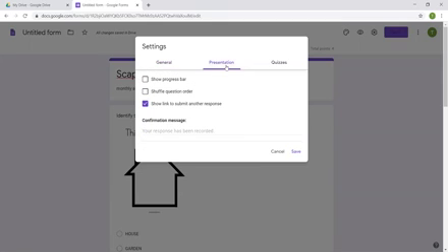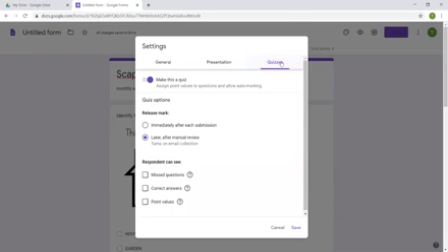Next comes the presentation, how the form should look. So this is the thing. You can show the link to submit another response, and you can shuffle question order for every form and for every parent, like if the first question is different for one parent and a different question comes first for another parent, that way also it can be done in the presentation settings. Now in the quizzes tab, we have to make it a quiz for auto correction. Make this form a quiz, so I have already done that.